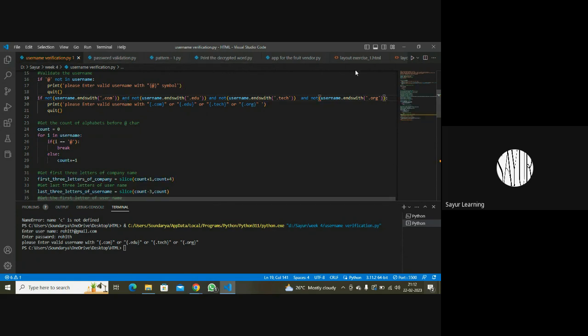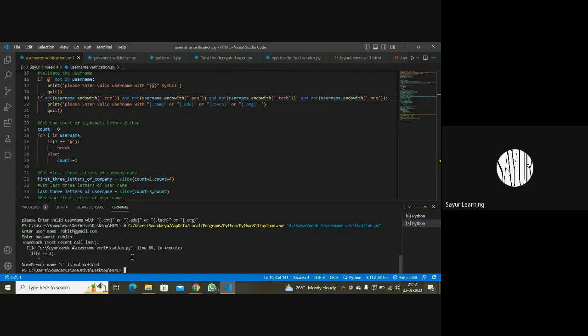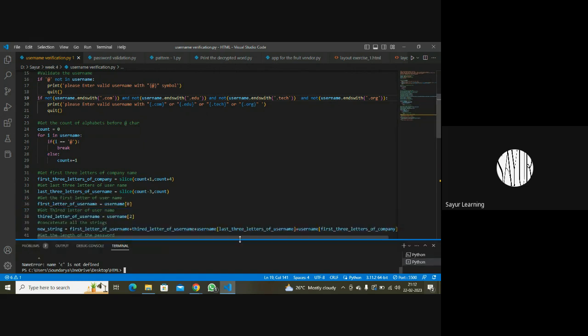Okay, so you can try this out. So it should work. Okay, that worked, right? It went past. It didn't give the error message. Give something where you will get the error message.